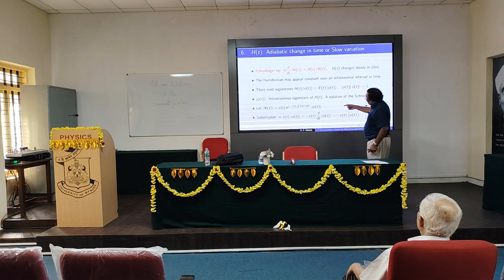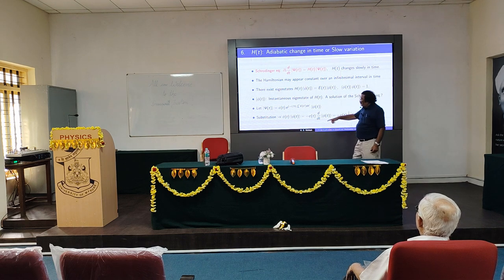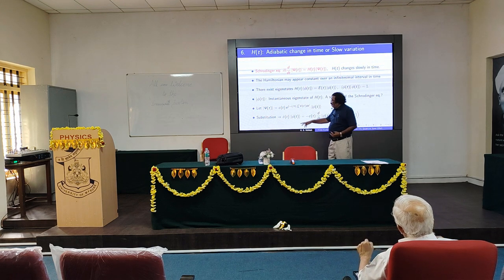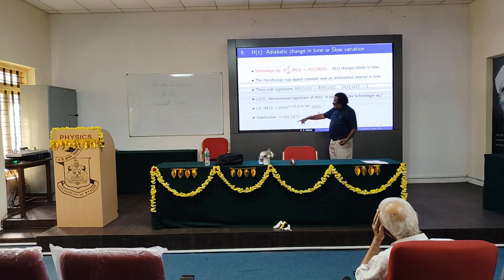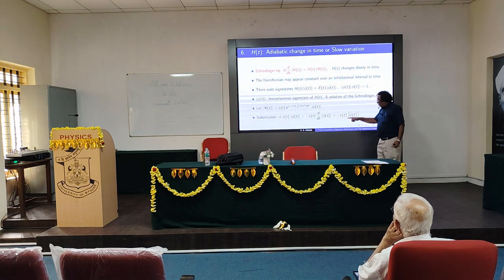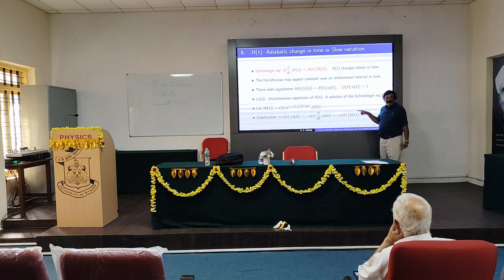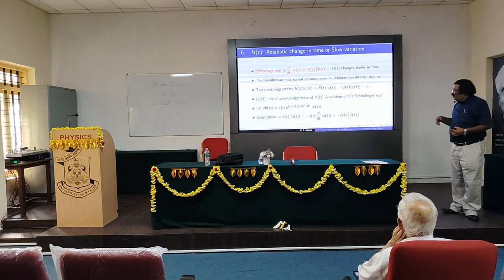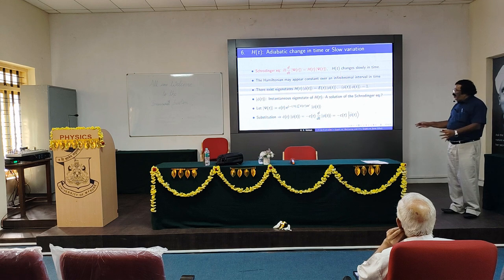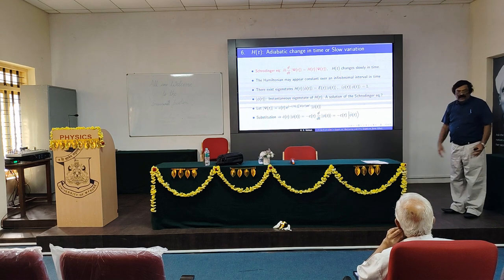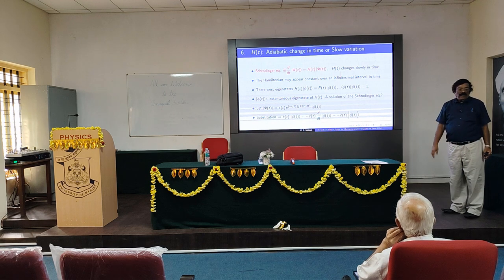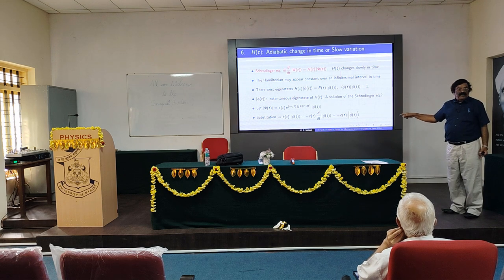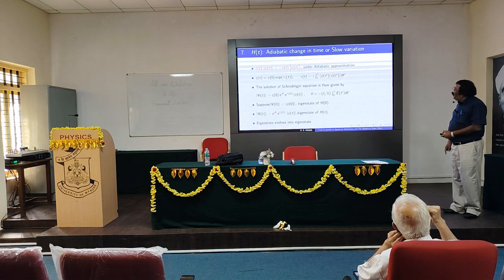If I substitute this into the Schrodinger equation, this quantity is called the dynamical phase. I told you about the variation in the energy. This C of t, which is unknown, gives C dot of t phi of t, which satisfies minus C of t into phi dot of t, where phi dot is d phi by dt. Told in another way, if psi is to be phi of t written in this form, it can be a solution of the Schrodinger equation provided C of t satisfies this condition. So if I can solve for it,